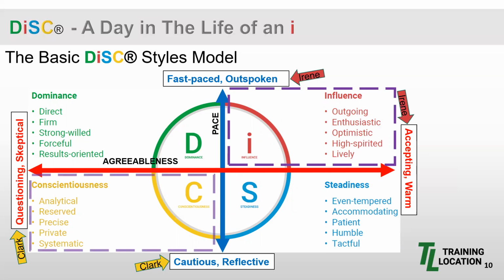The C, however, is about ensuring accuracy, maintaining stability, and challenging assumptions. And the C or Clark's motto is do it right. Now, to Irene, Clark seems reserved and quiet and seeks opportunities to use his expertise or gain knowledge. Clark's C style tends to focus on facts, and he likes to carefully analyze ideas. Irene, using a more forceful approach, might be considered pushy and almost reckless to Clark.